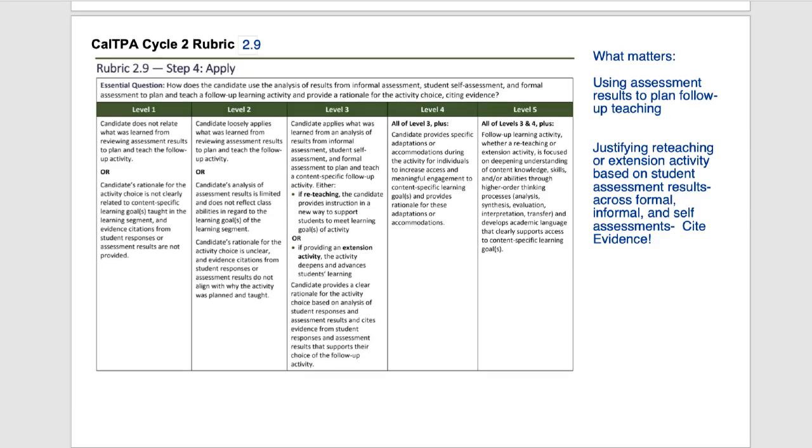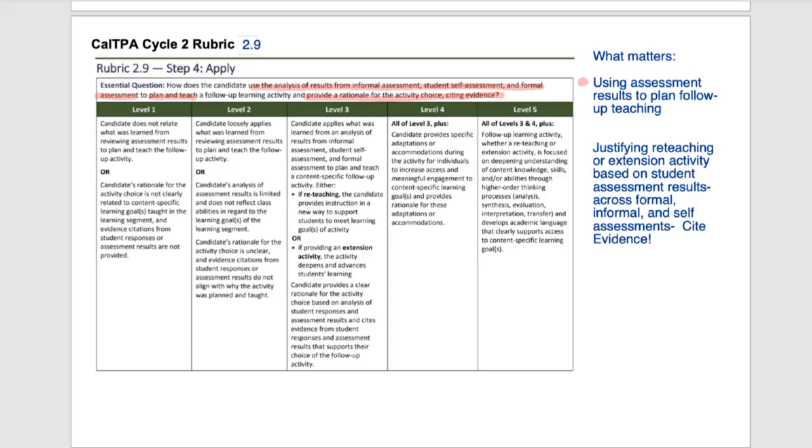How does the candidate use the analysis of results from informal assessment, student self-assessment, and formal assessment to plan and teach a follow-up learning activity and provide a rationale for the activity choice citing evidence? All right. So a couple things here. What matters is using assessment results to plan the follow-up teaching, whether it's going to be a reteach or an